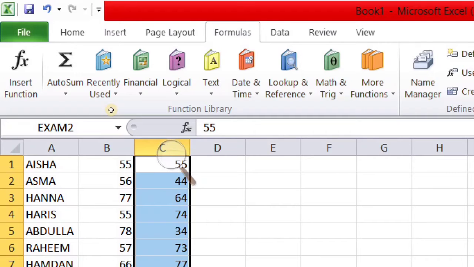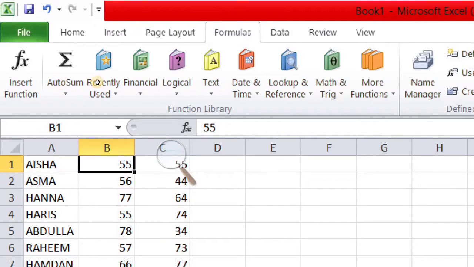Suppose in the fourth column D, I want to add the numbers 55 and 55. What do we do? Firstly, where do we want the total? In the D cell.